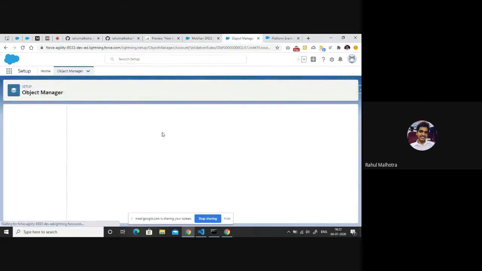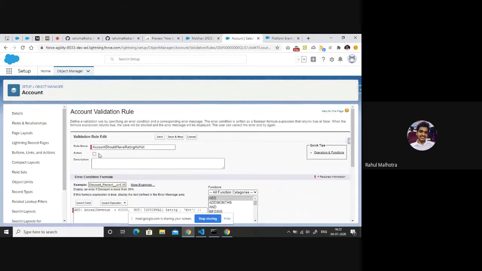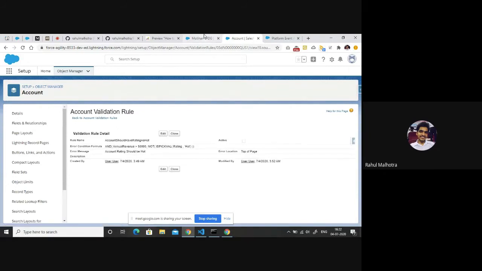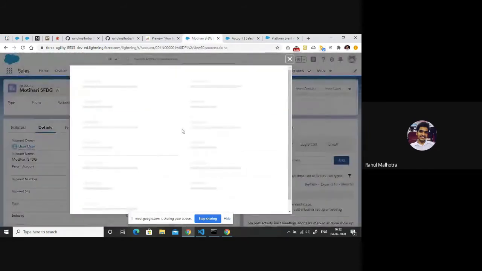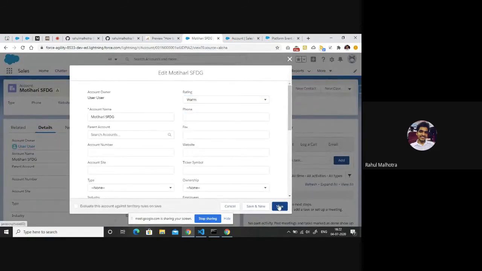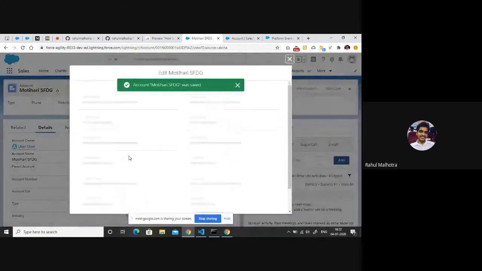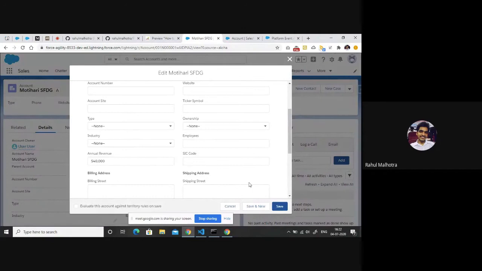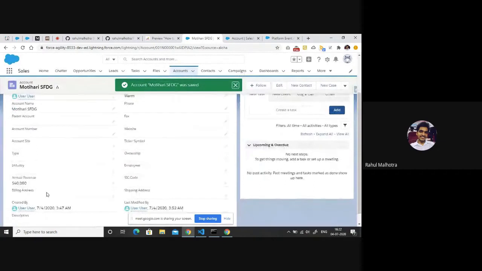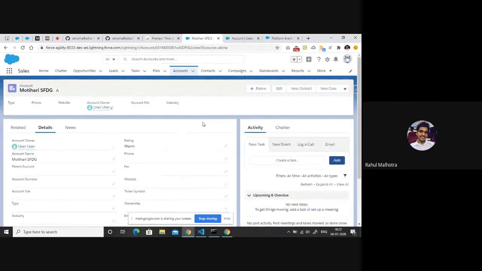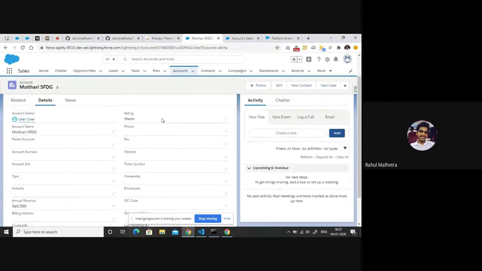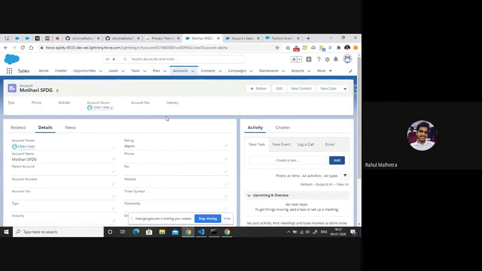Okay, so I'm quickly going to deactivate this validation rule now. And now if I just change the rating to warm or something else, I should be able to save it because my validation rule is deactivated, right? I'm also going to change the annual revenue to something less than 50,000 because we are going to test it again using process builder. Okay, so I have updated my account. My annual revenue is now less than 50,000 and rating is warm. So we'll actually set up a warning message and we'll again see after updating the annual revenue whether we are able to set the rating as hot or not, or whether we are getting a warning message or not, right?